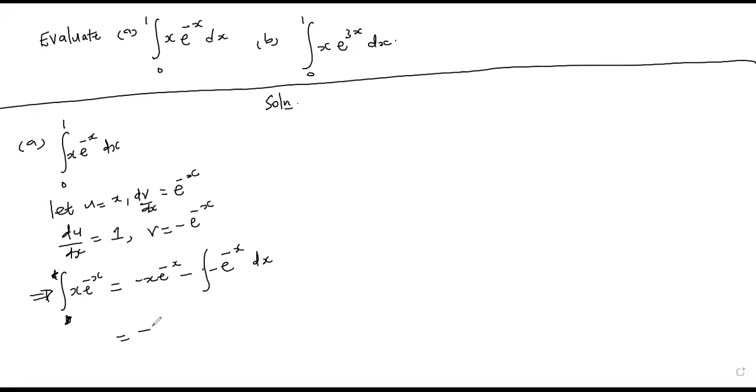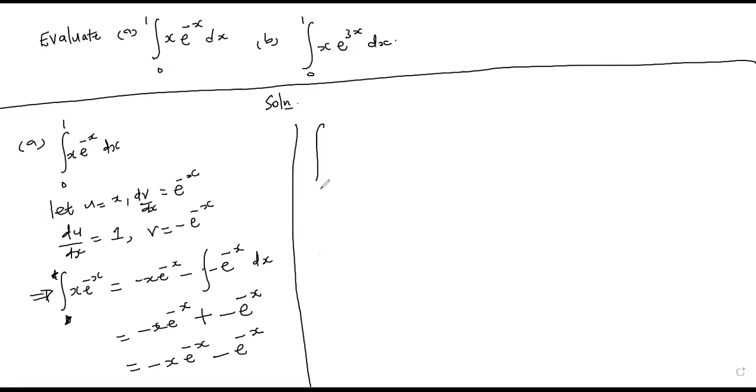So it's going to be negative x e to the power negative x plus, because of this, plus when you integrate e to the power x, you will have minus e to the power minus x. All right, so this is going to be equal to minus x e to the power minus x, then minus e to the power minus x. So when you put in the limits, the integral of 0 to 1 of x e to the power negative x dx is going to be equal to,